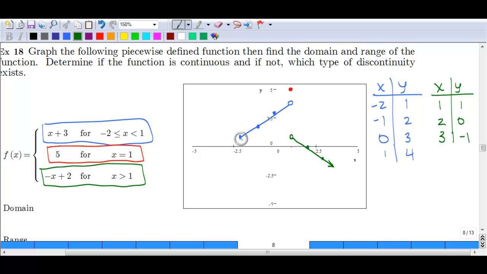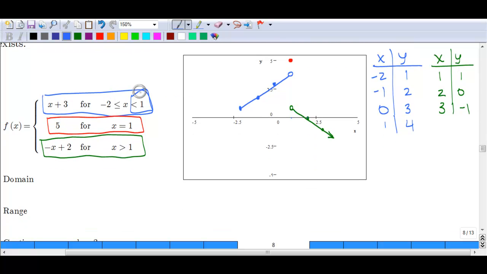It starts at the point -2, 1, and then it goes up to an open dot at 1, 4. Again, because we are not including 1, at the point x equals 1 we graph the dot 5. And then we again have an open dot because we've got x is greater than 1. And we've got this straight line, this green line here. So if we look at the domain here, we are including everything, x values. You got up to here, it's an open dot, but it's filled up here, and then another open dot